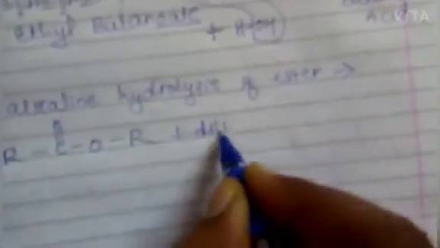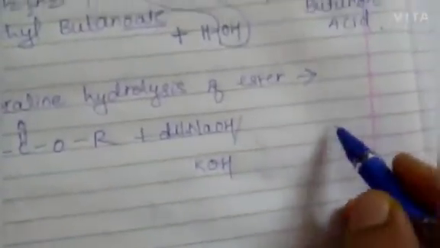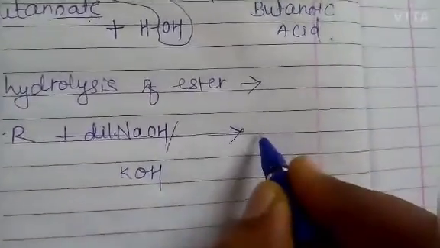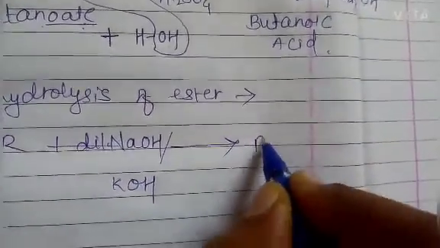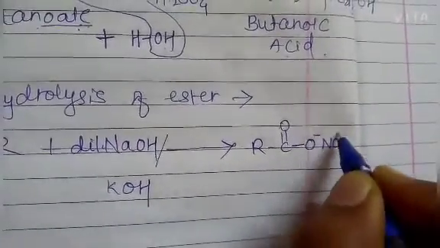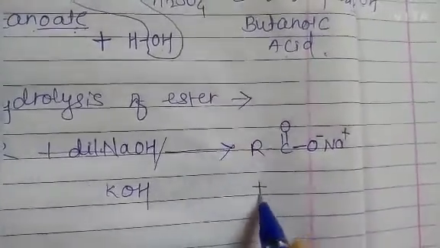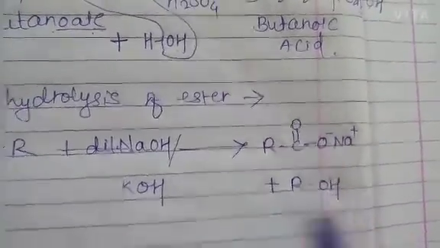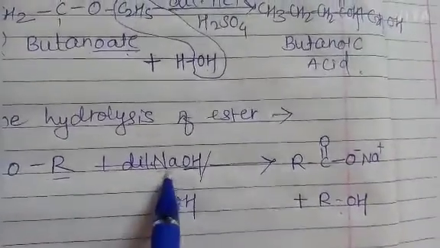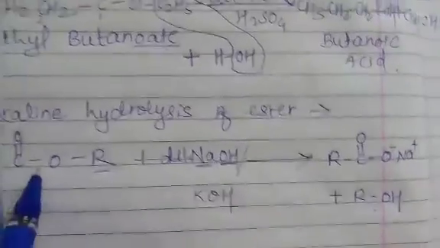This ester reacts with a dilute alkali, that is NaOH, or we can take potassium hydroxide too. It undergoes hydrolysis, then it will form the sodium salt of carboxylic acid like this, plus ROH. This OH and this R will form the alcohol,